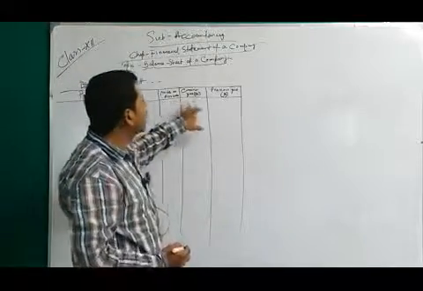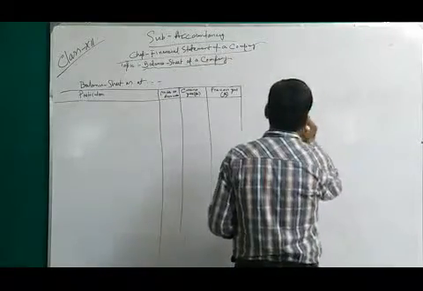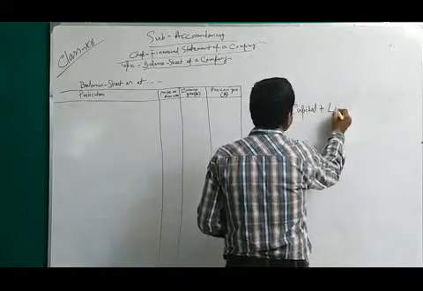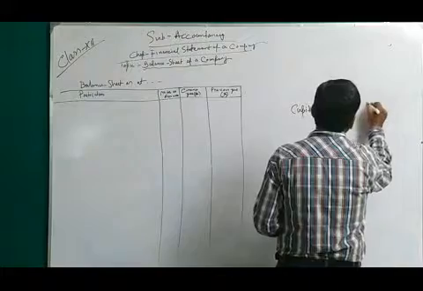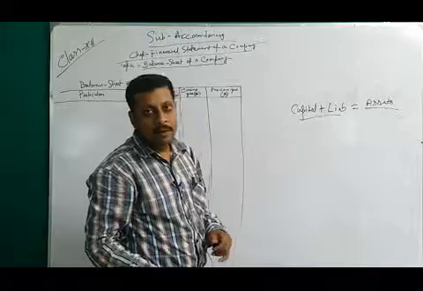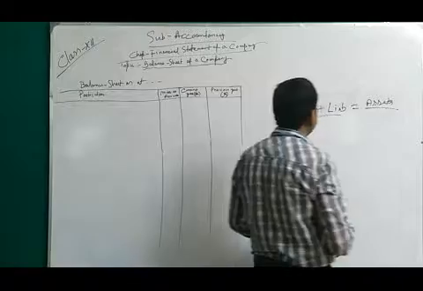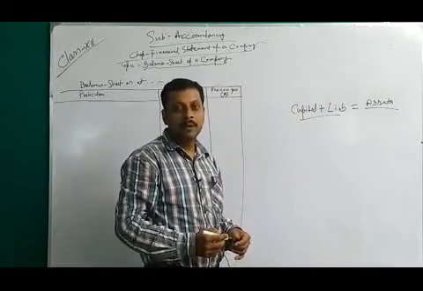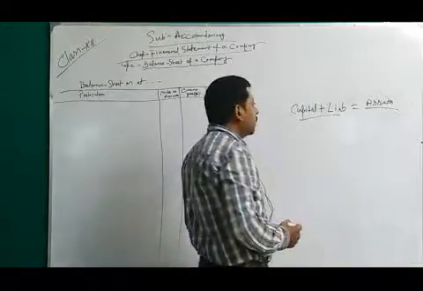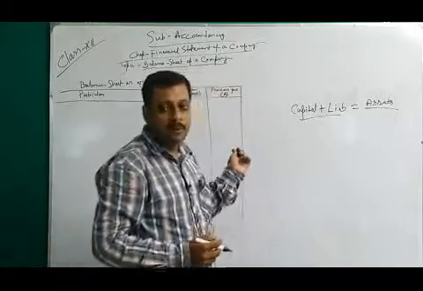Particulars, notes to accounts, current year and previous year. What will the items be? Now in your 11th class you did one accounting equation. What is that? Capital plus liability equals asset. This equation is maintained here also. Sometimes you say total liability equals total asset, but you have to maintain capital plus liability equals asset here. So the accounting equation is the same, total asset equals total liability, and it is followed in a company's balance sheet also.